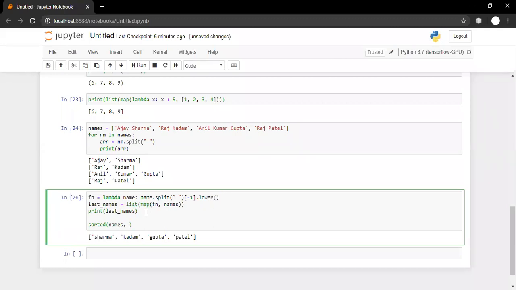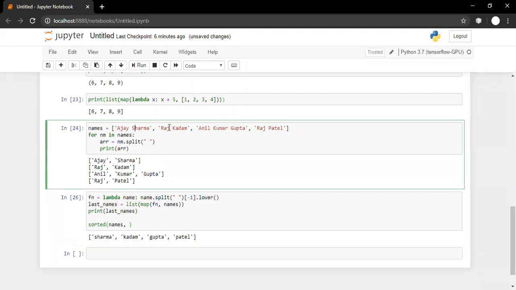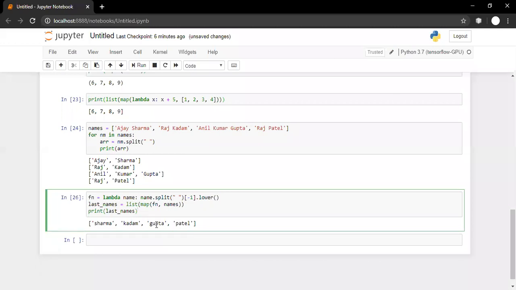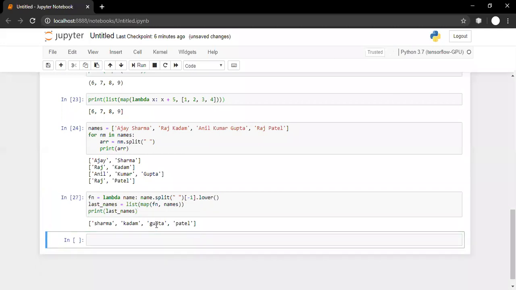So what it is saying, sort this list, means sort the elements present in this list. But how is it supposed to sort? It is supposed to use key is equal to some function. So okay, let me first delete this part, run this thing.